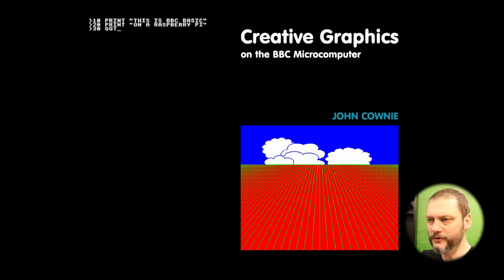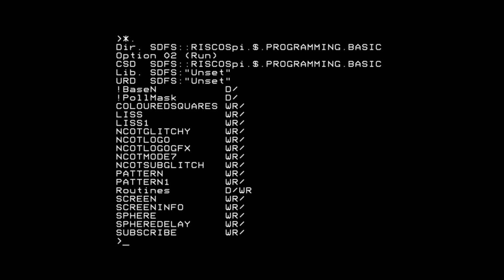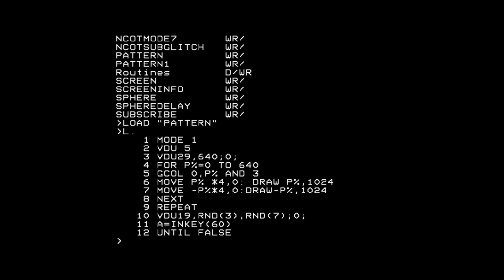Coding on it though does involve using BASIC, which is slightly painful compared to today's modern standards of programming. So to help me get into the spirit of the thing, I use this book, which I should be showing on the screen to you now, which has got lots of graphical things inside it. And it's got some nice examples of how to draw patterns and things on the screen. So here's a simple little pattern, and if I run it, there we go.